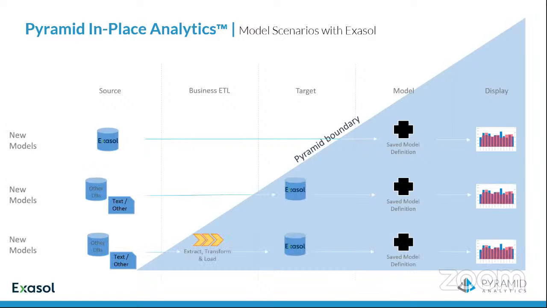The final scenario is where I may have a blended data set, or it may just be a single data source, it doesn't really matter. But I want to do some type of transformation and data preparation on that before I save that particular analytic model. Pyramid also provides the ability to take your existing Python and R scripts and use those as machine learning algorithms against that data and capture the output.